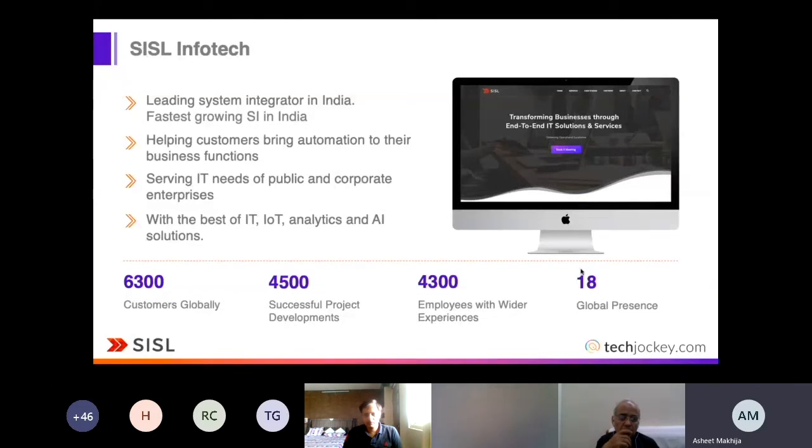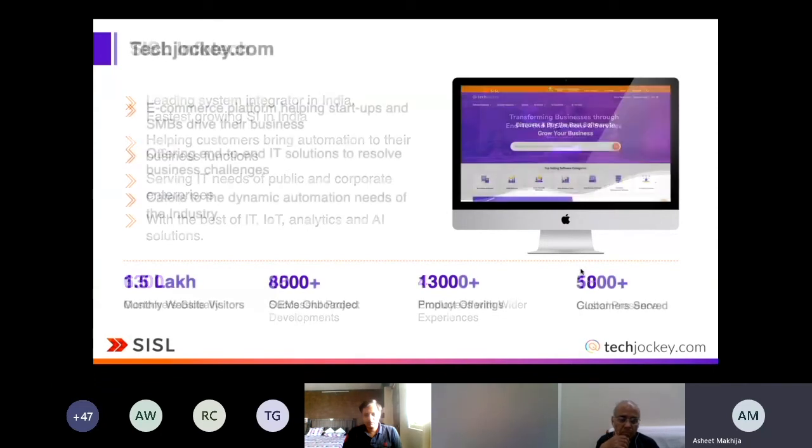We have been on the cutting edge of technologies, tied up with most of the important OEMs in the marketplace, and have the ability to provide skills through a large technical team which we have skilled on all these OEM solutions. Very complex implementations have been done for many customers across the country. I would love to talk about that in a different forum.